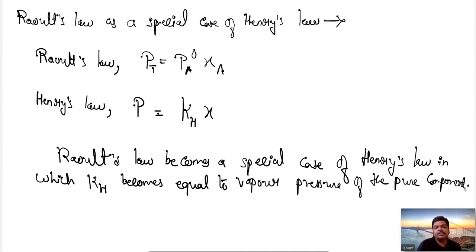So for this session, I am ending our class here, and in the next class we are going to continue with ideal and non-ideal solutions. Then we will talk about azeotropes, and after that we will start our colligative properties. There are a total of 4 colligative properties which we are going to study in this chapter, which is one of the important parts of our chapter.